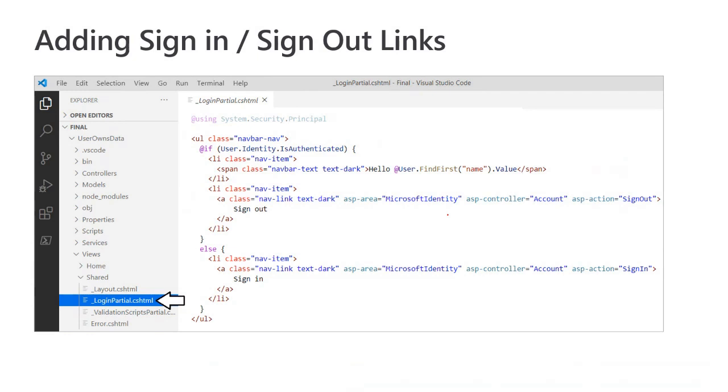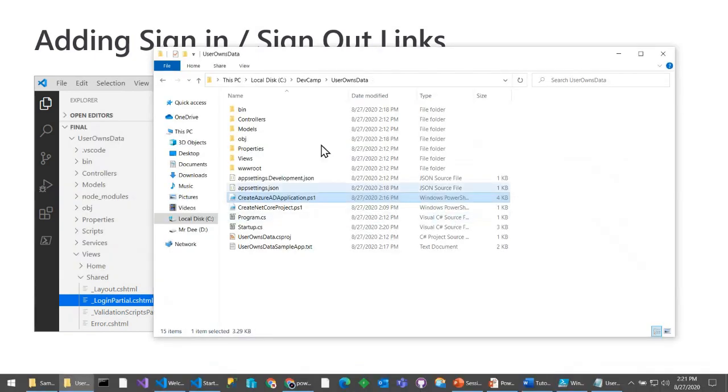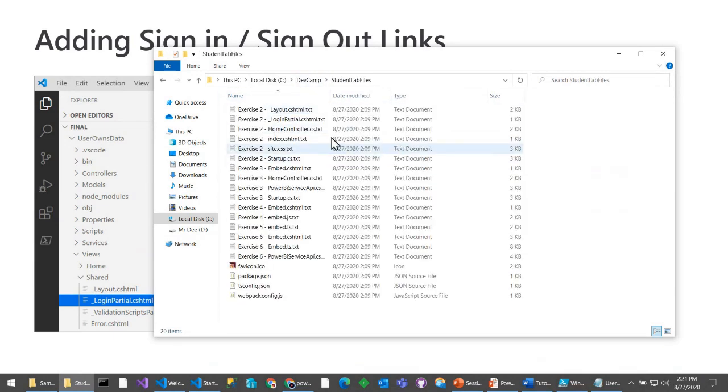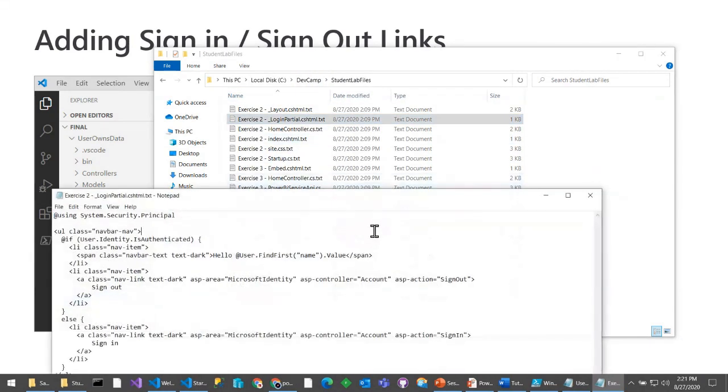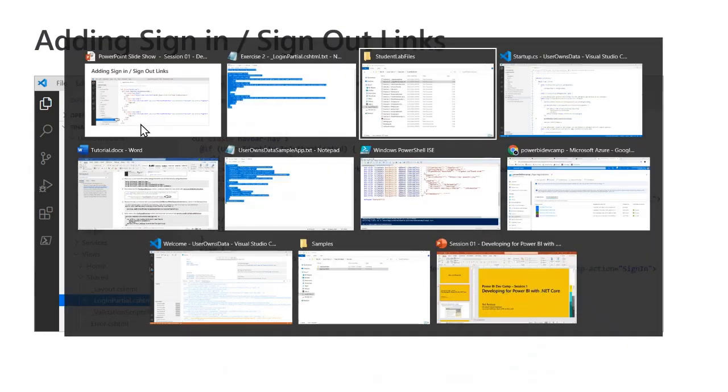partial login partial, and what we're going to see here, and once again, let me encourage you, if I'm here in Dev Camp, and then I go back here, I'm going to just grab this value from inside here. Okay, and now